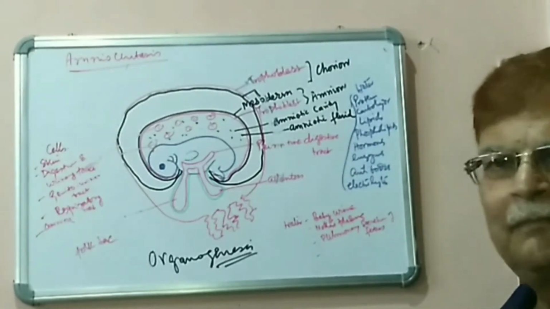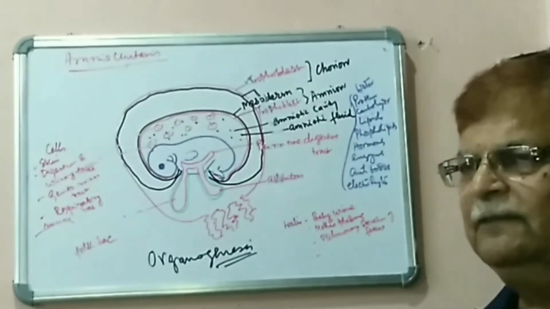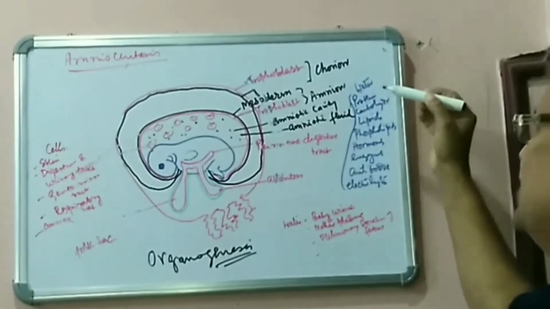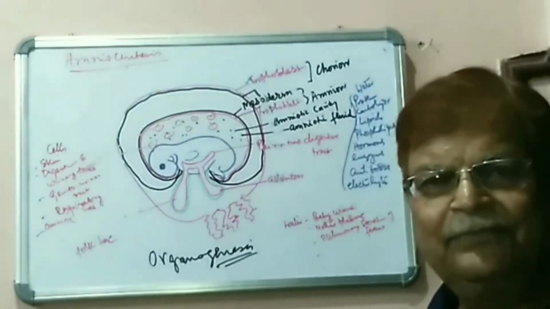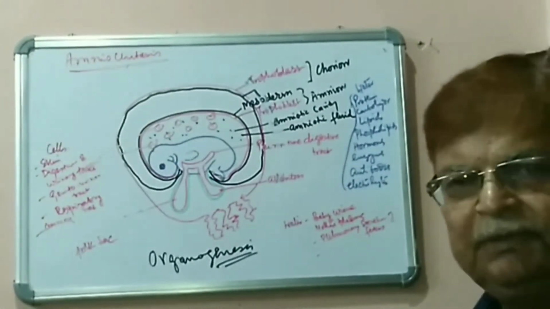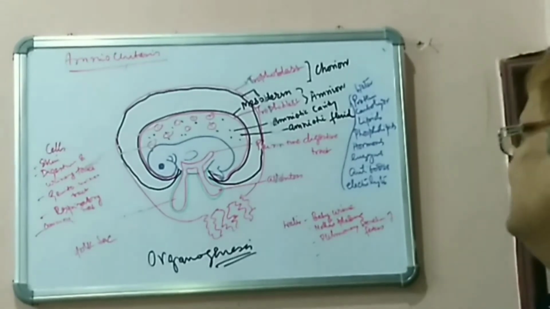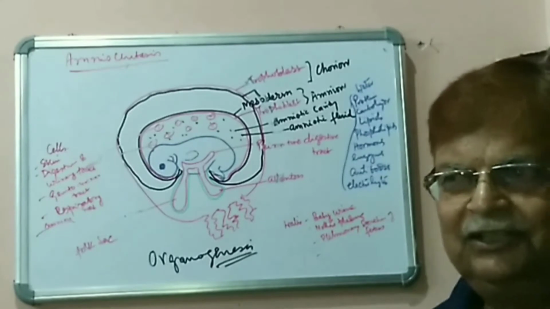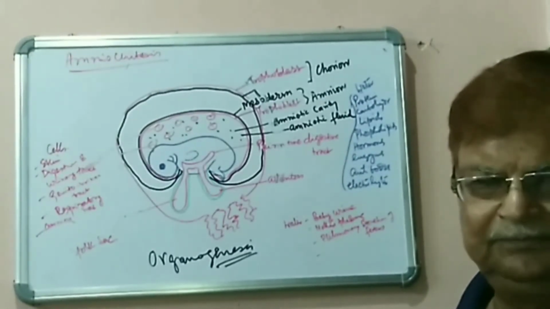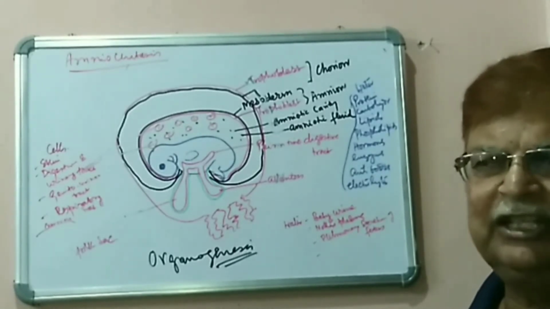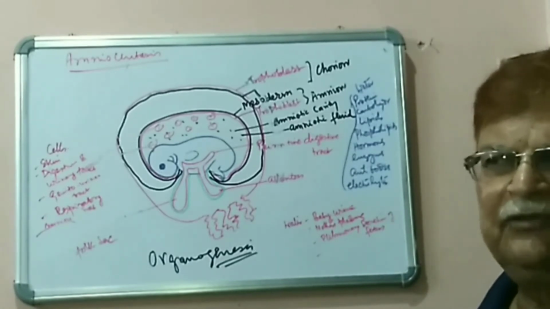So the amniotic fluid contains, besides this, certain other nutritive components like protein, carbohydrate, lipids, and phospholipids. Certain hormones are there, antibodies are there, electrolytes are there, and the enzymes are also there. So the amniotic fluid also plays a nutritive role between mother and fetus, and certain nutrients reach the fetus for their future development during fetal development.